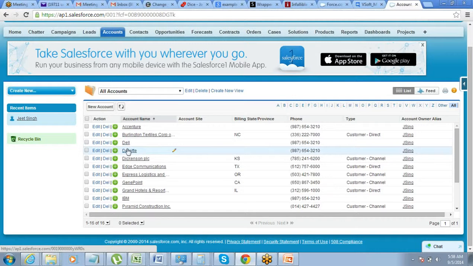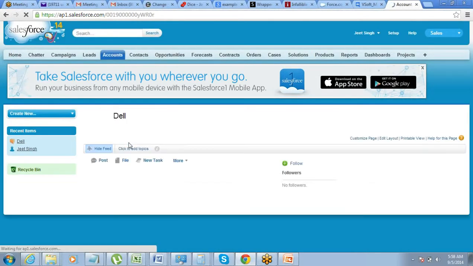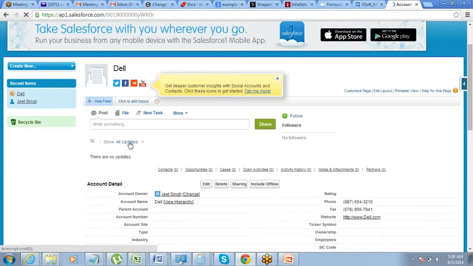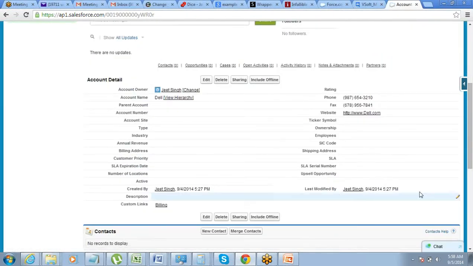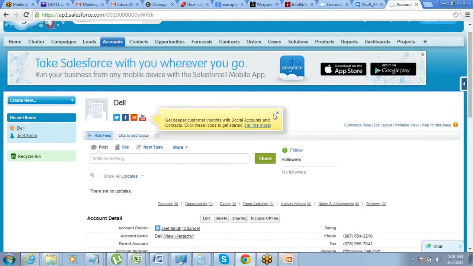This Dell, Deloitte, see the created date, 4th of September. Got this? So this is the import process.